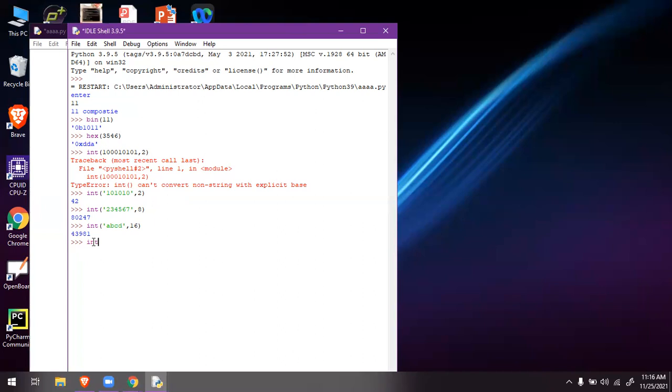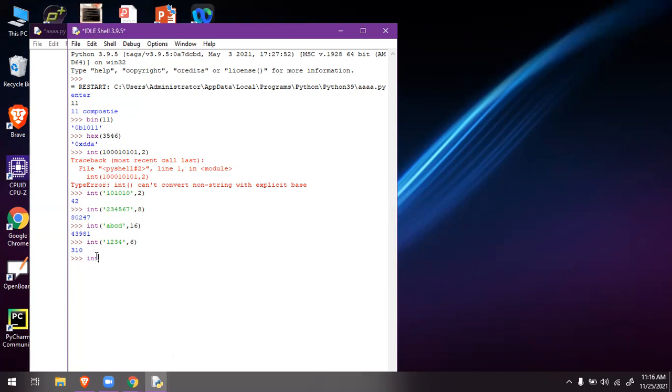You can write other number systems also. 1234 comma base 6. Even with base 6 you will get the answer. The number 1234 in base 6 is equivalent to 310 in base 10.